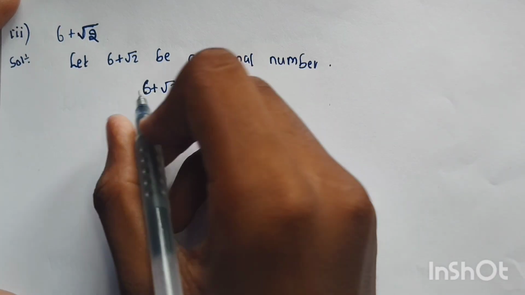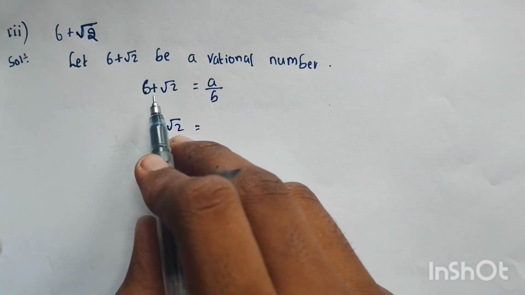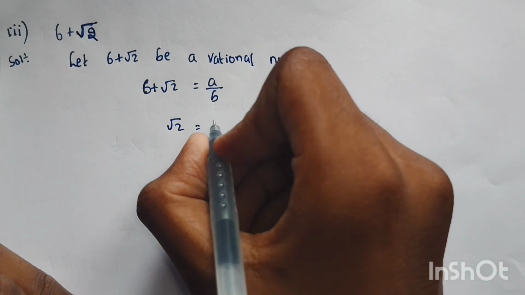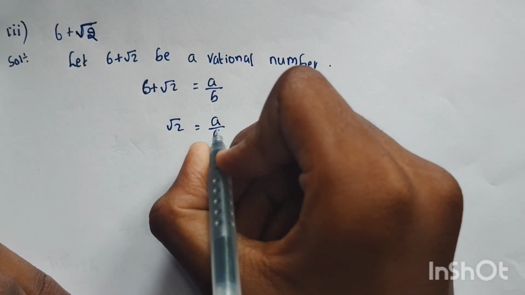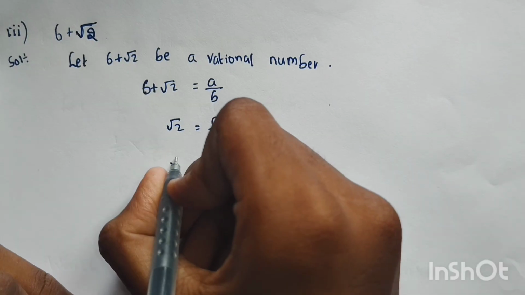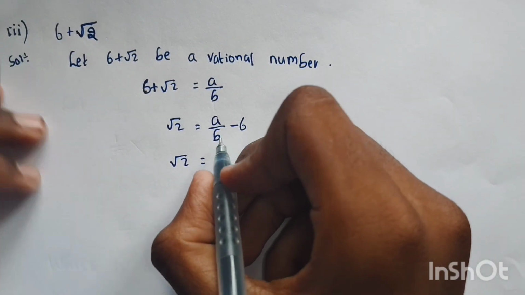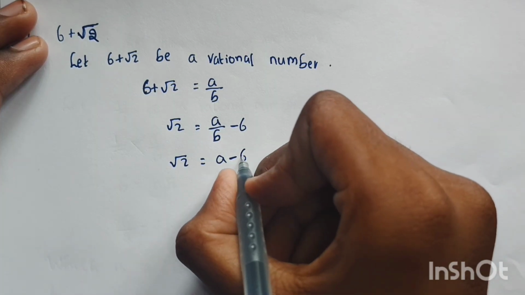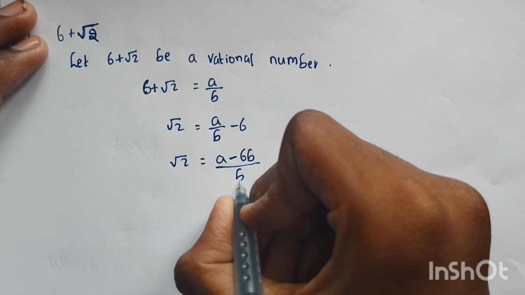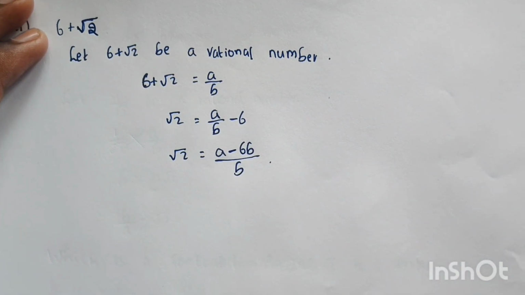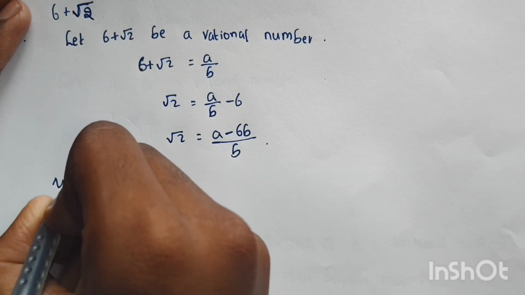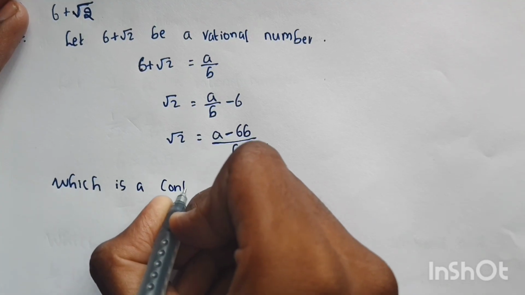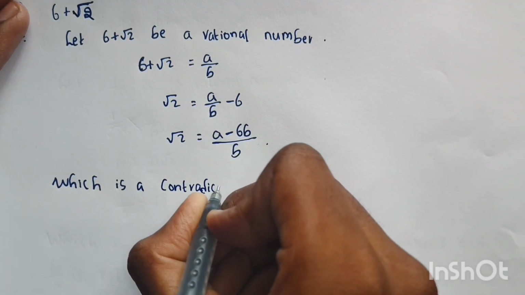Square root of 2 is equal to, 6 is on addition. If we send 6 that side, it will subtract: a by b minus 6. Square root of 2 is equal to, I am doing here directly, (a minus 6b) by b. So we got, which is a contradiction,